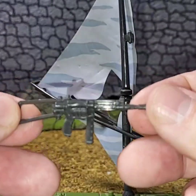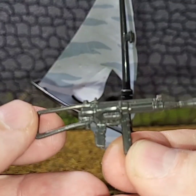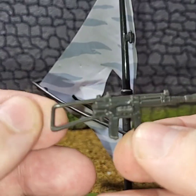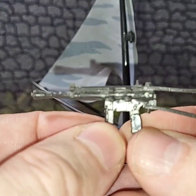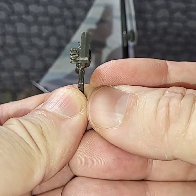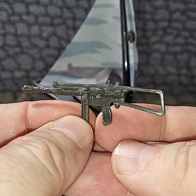the poles there. This looks like it was taken from Duke's machine gun, parts of it, and more pieces added to it. Very nice looking machine gun. This in itself would have been my primary thing to go to. The hand grip is kind of thick. You can see there it is pretty thick, so I would be extremely careful to put this in an action figure's hand,